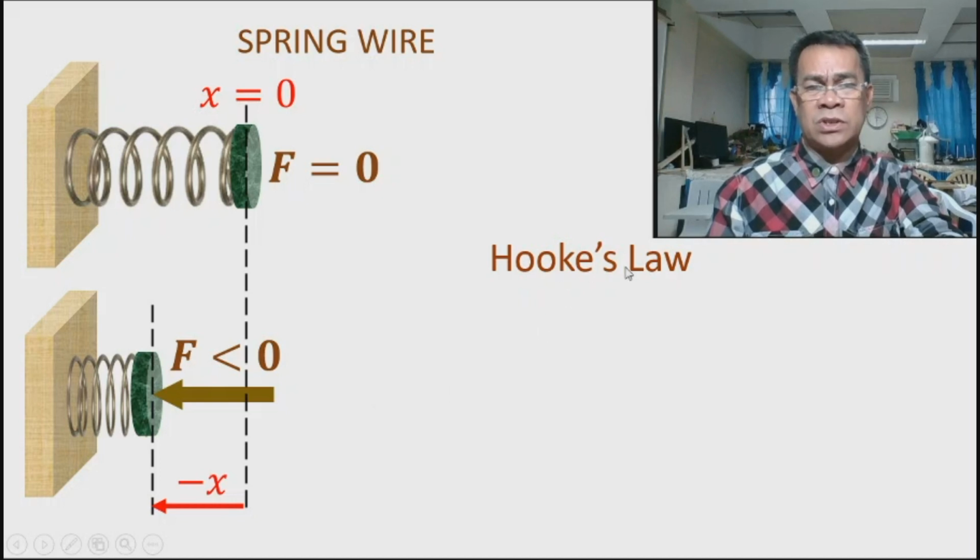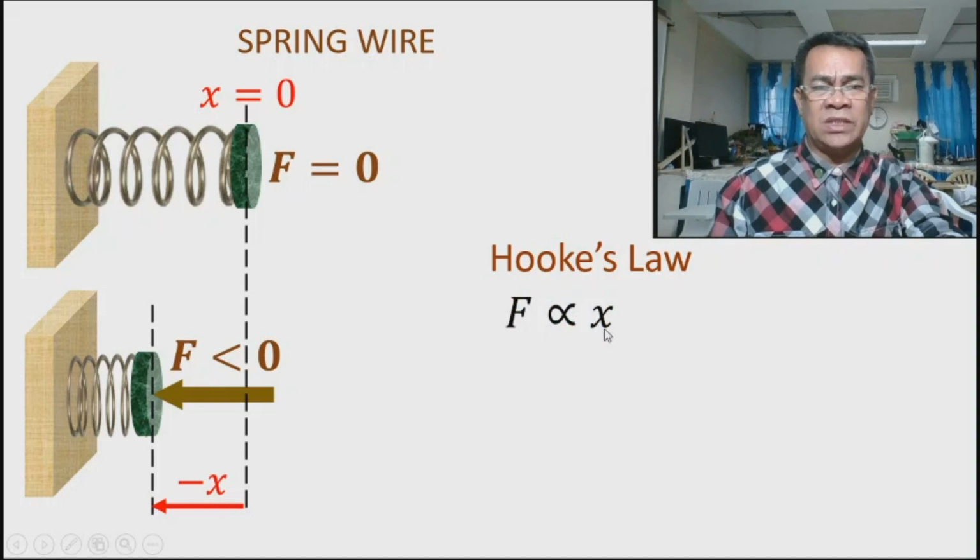Okay, so therefore Hooke's law says that the force is directly proportional. When we say directly, the greater the displacement, the greater the force required. Now, in order to make this an equation, because mathematicians need the standard equality, because it is a formula, we need something to balance, and we call this K. In order to balance, there must be something. We call this the proportional constant, to make this an equal sign.